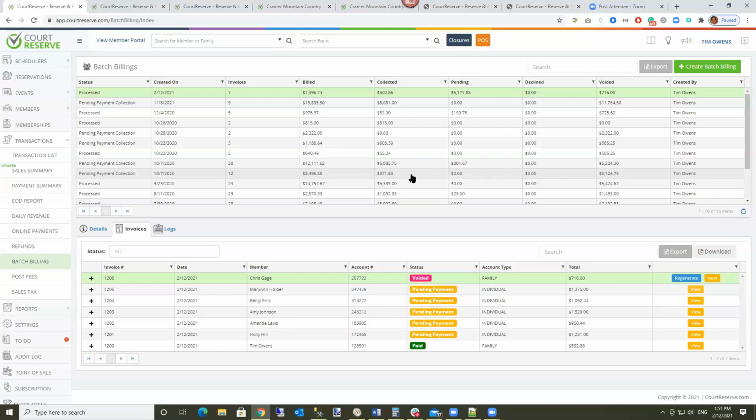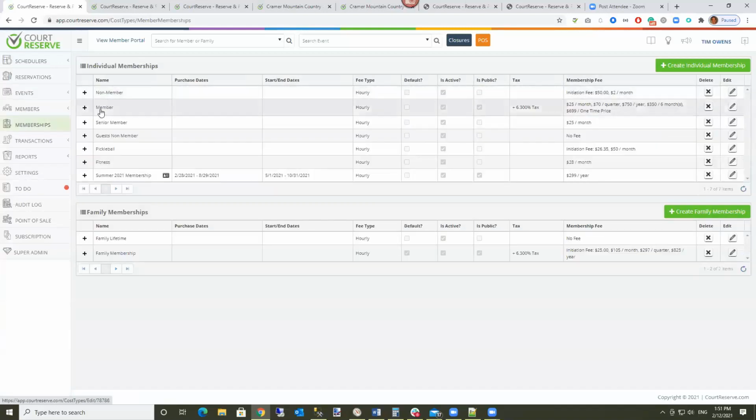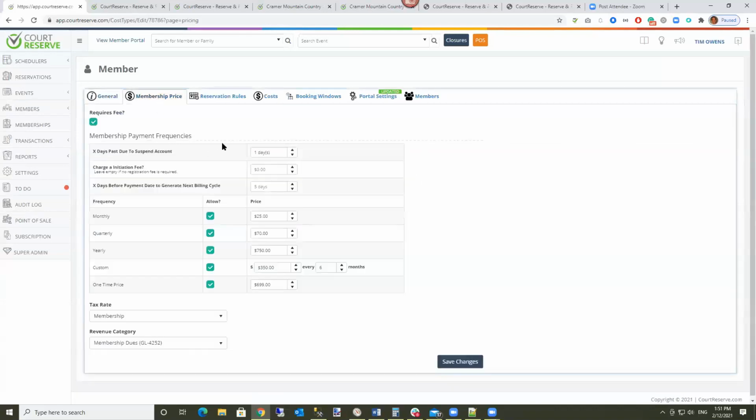Okay. Anne asked, what happens if they don't pay by the due date? Nothing. Basically, nothing will happen. It will just be in an unpaid state. The only thing that it will do, though, is if you're billing for membership dues as part of that invoice, and as part of your membership dues, if you have the membership price here, if you have this set to say 10 days,